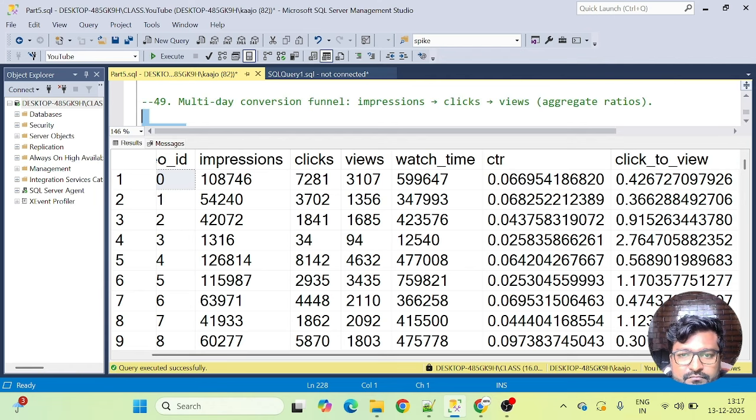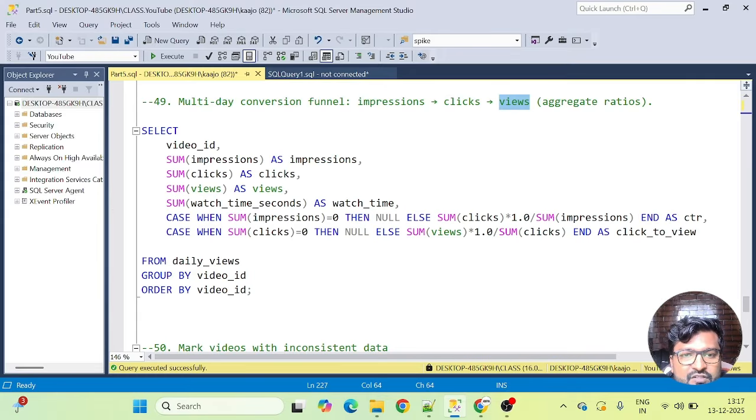Okay. So impressions to clicks to views, right? So we got the sum of impressions here. Impressions to clicks, understand? Impressions to clicks means simply what we're talking about, CTR, guys. Remember, click through ratio, right? I've discussed this many times, so I'll probably not be discussing this time around.